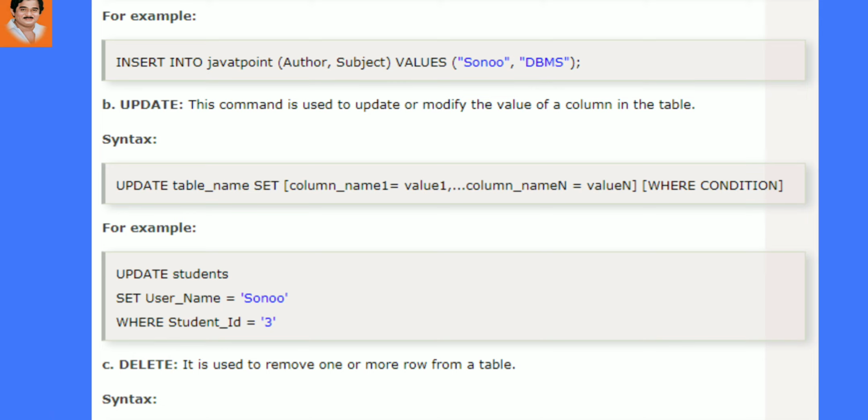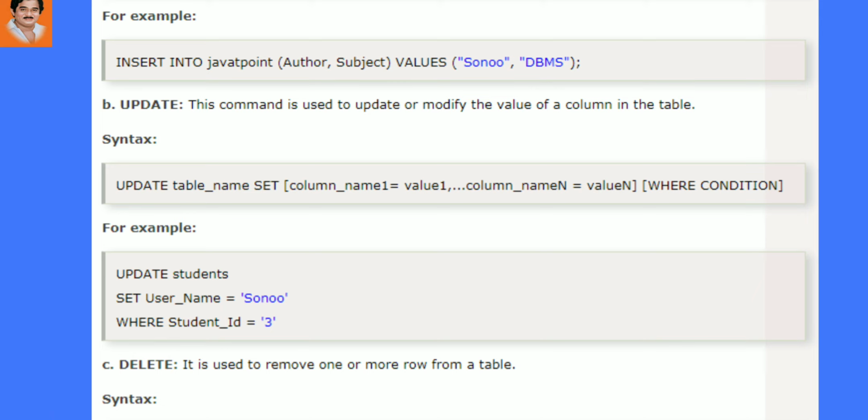The syntax is update table name set column name equals to value 1 comma column name 2 equals to value 2, up to column name n equals to value n. And there is a condition implemented here for updating, that is the where condition.